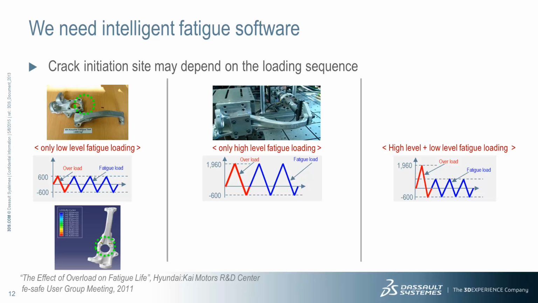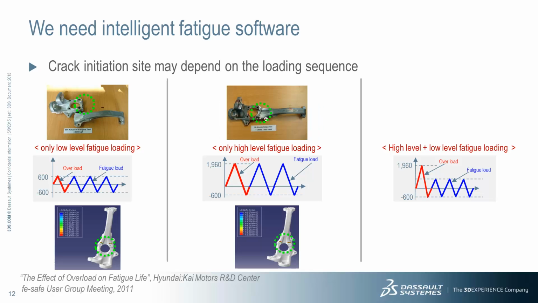that upper portion of the knuckle when there is a curb strike. Again, as you would probably expect, FESafe predicted the failure location at the top of the bolt holes. This is also verified in testing. So the third analysis was used to combine the first 2 scenarios, an overload followed by a constant amplitude load, as you might experience on the road yourself if you have a curb strike and then go back to normal